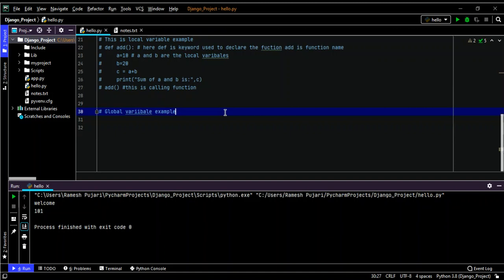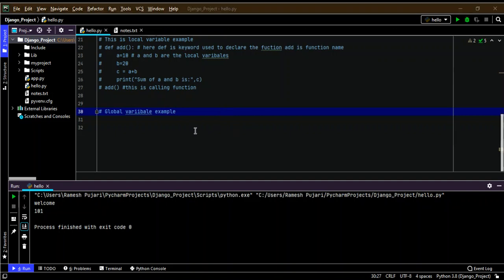We can use a global variable inside or outside the function. A variable declared outside the functions is global by default, and Python provides the global keyword. If we use the global keyword inside the function, that will become the global variable. If we do not use the global keyword, then the function treats it as a local variable only.